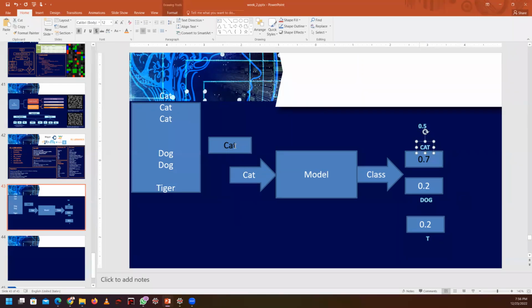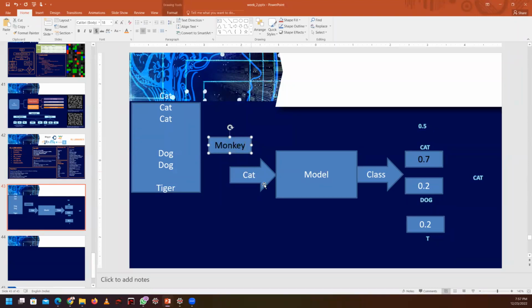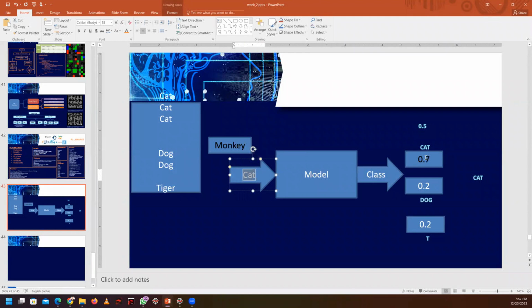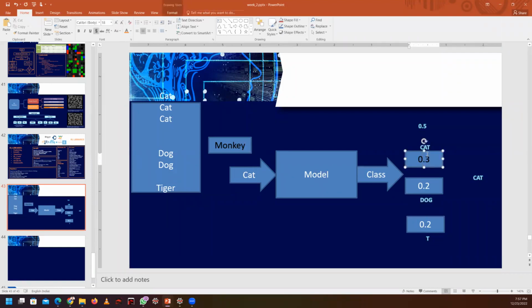Clear? Now you are introducing a monkey image here. When you place a monkey image at the input, let's say the probabilities are 0.3, 0.2, 0.2. What is the maximum value here? 0.3 is the maximum value, right? Then it will compare with the threshold value. Here it is 0.5, and 0.3 is less than 0.5, right? So it will detect that the input image is none of the above.